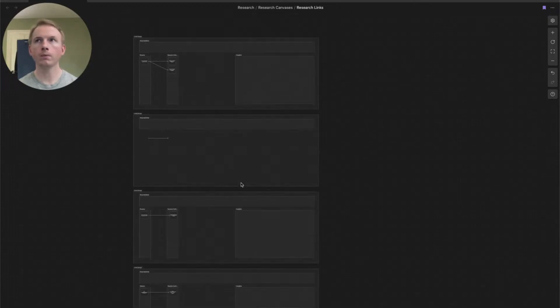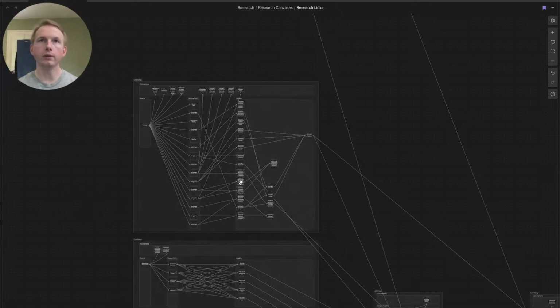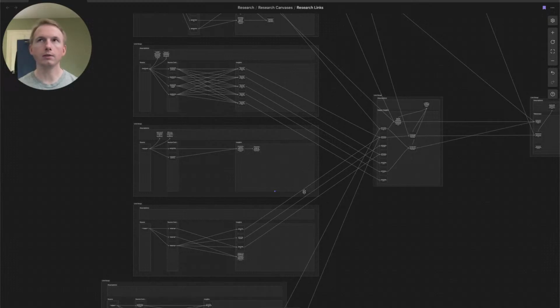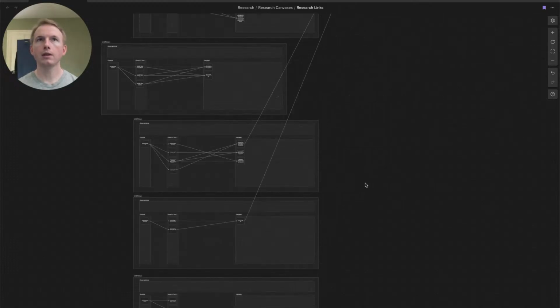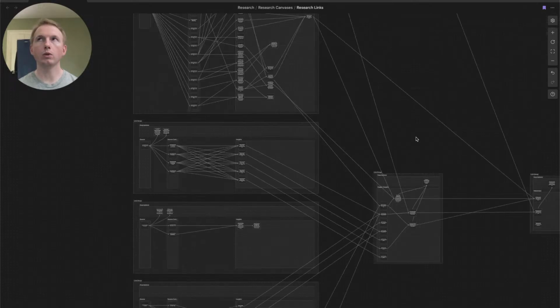And so what I want to do in this stream is to migrate the work that has been done into a more specific canvas, and then see what exactly needs to be done